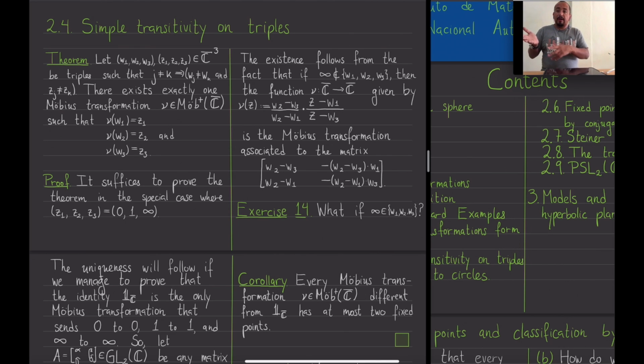pairs, the action is not simple. I mean, you have transitivity, but the action is not simply transitive. And in the case of quadruples, the action is not even transitive, right? So how do you know that it has to be 3? You know, it has to be triples. And